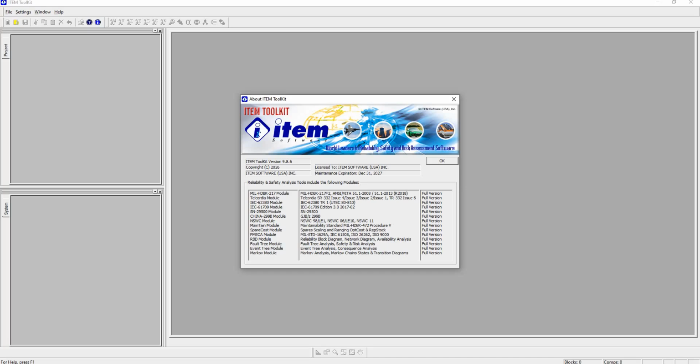Hello everyone, and welcome to part 3 of the Item Toolkit Fault Tree Analysis module for performing safety studies. In part 1, we created a new project and a new FTA system where we constructed a small system with an undesired top event called explosion with a logic of an AND gate, and we further developed this fault tree by breaking down to the component or function level and finally provided these events at the lowest level with failure